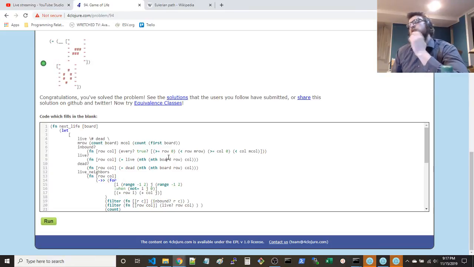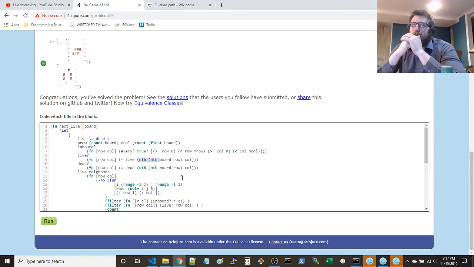You could do things to manipulate this if you don't want to do it this way, because this doesn't generalize too well to a variadic number of dimensions for your board. If you ever wanted to do that, but it's okay for what we're working on. I mean, you don't always need to write super generalizable code, although the best thing to do is to make it as generalizable as possible.